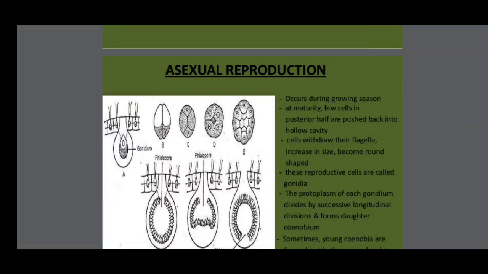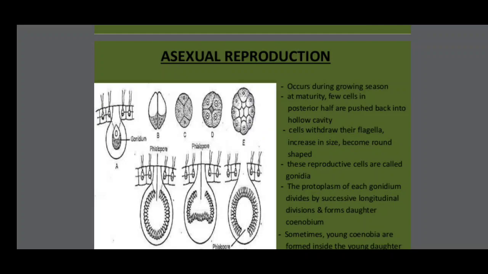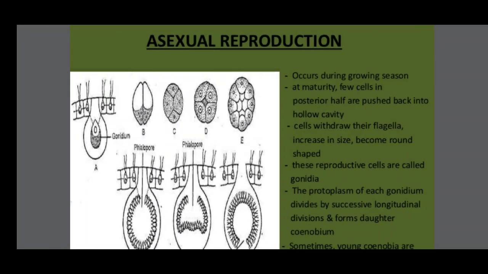The main difference between sexual and asexual reproduction is gamete formation. If gametes form, male gamete and female gamete fuse and form a zygote, that is called sexual reproduction. If there is no gamete formation, and spores are formed which give rise to a new plant, that is called asexual reproduction. A very simple definition. Asexual reproduction occurs mainly during the growing season.